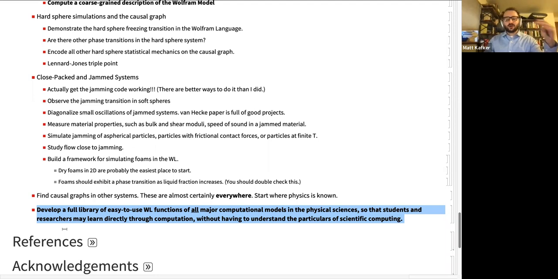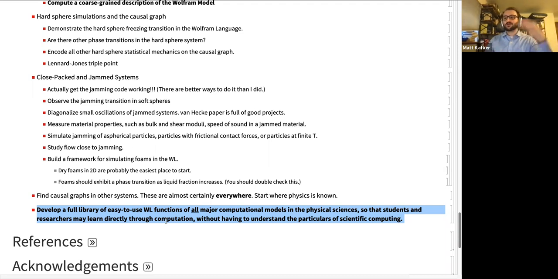As a long-term goal, students and researchers could just go to the Wolfram language plasma simulation function, and I would have to work for like a year to get better results than the built-in function in the language. And it's not just that; it's every model that you can think of. All of your stochastics, your flocking, your Ising model, all of these things should just be done the best in the Wolfram language. And we can do that.